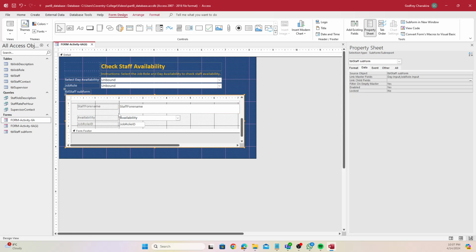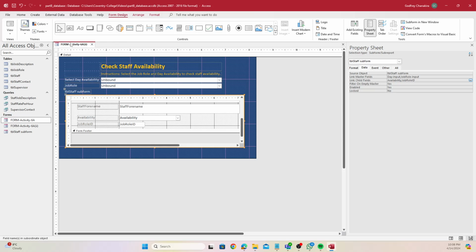Here availability has been named availability, job role has been named job role ID. On link child fields, it needs to be in the same order. On mine, I indicated job availability comes first, so when I'm linking the correct field, I need to type in availability first, exactly how it's spelled. I put a colon. The next one is job role ID,